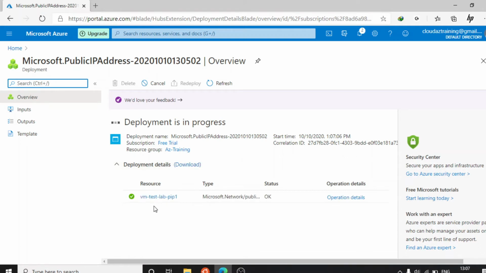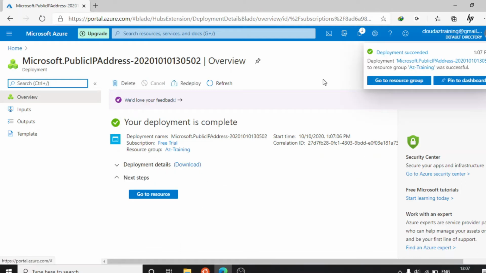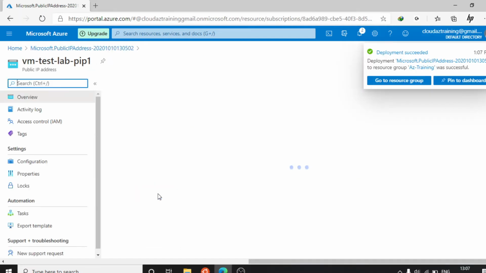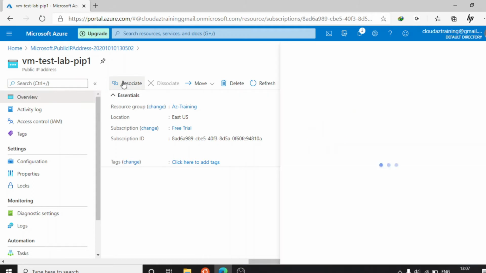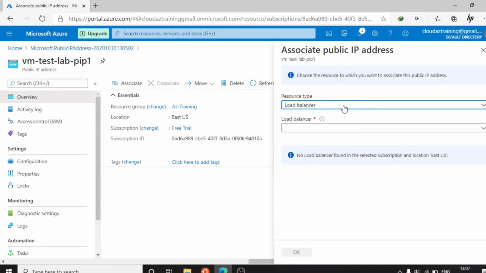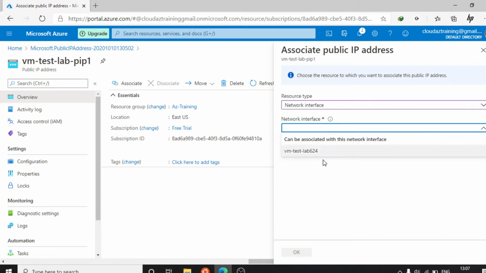Okay, deployment completed. As we can see, we have one public IP now, and this is the IP address for that. Here are the things we can associate: resources, network interface card. We have one network interface card, and we can attach from here also.